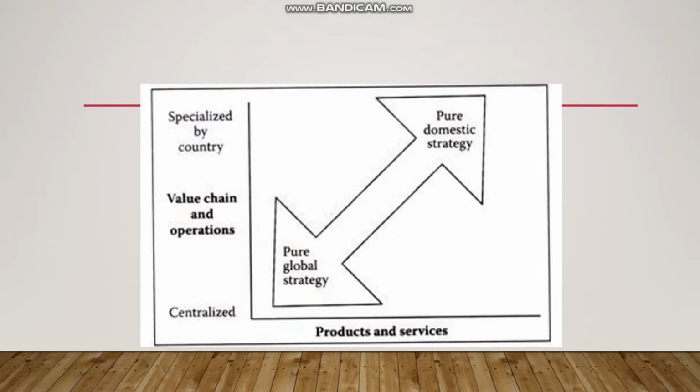The rationale for this difference can be understood best when you consider a second important difference. In the case of a pure domestic strategy, each country's business unit will comprise as much of the value chain as feasible, for example, R&D, marketing, inbound logistics, production, sales, distribution, and services, and this operation will all be tailored to the needs of that country. On the other hand, a firm following a pure global strategy serves its various markets from centralized facilities, limiting replication of the value chain in various countries.